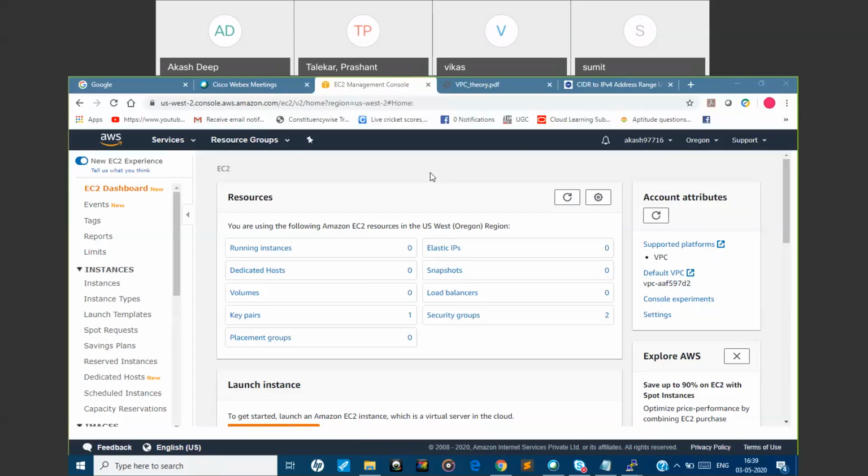If we start the session at 5 o'clock, you have to give up to 9. Mainly I was referring to utilizing this lockdown time.